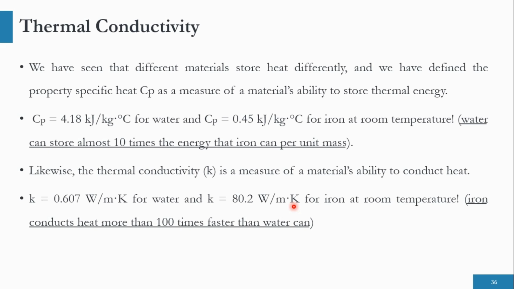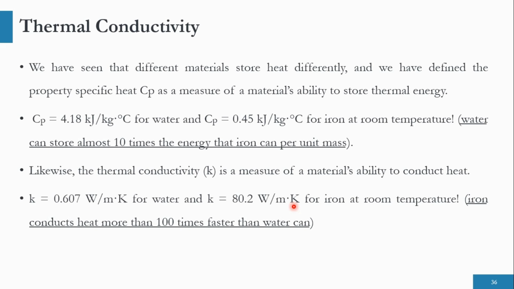Now you can see for the Cp case, water was much better, but for the thermal conductivity case, iron is much better. That shows that water is a poor conductor of heat. So this is the concept of K, which is correlated with Cp in a sense that for Cp, the higher the value, the higher the storage, while for K, the higher the value, the higher the ability of a